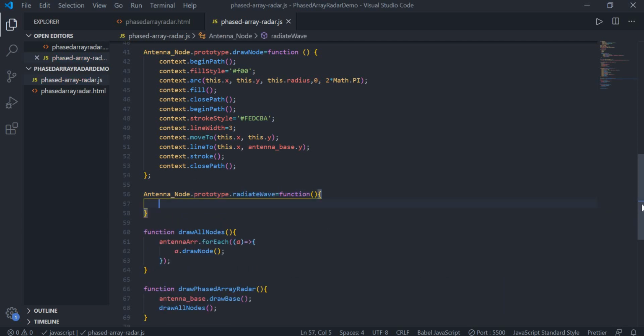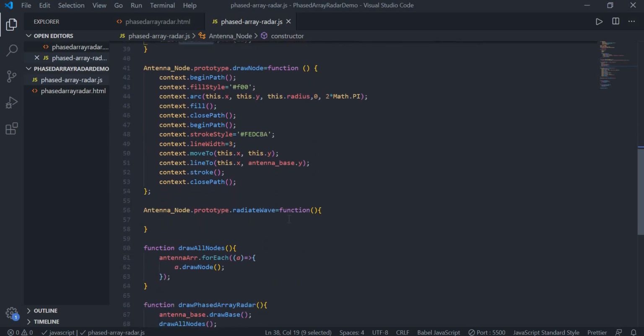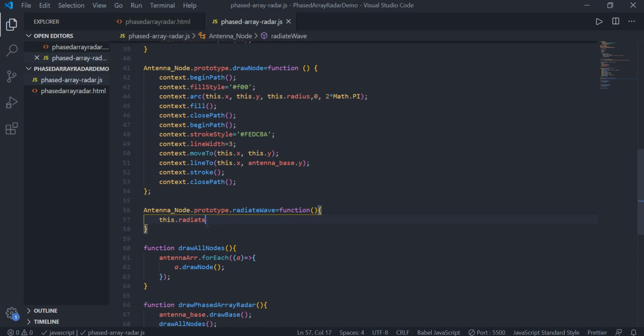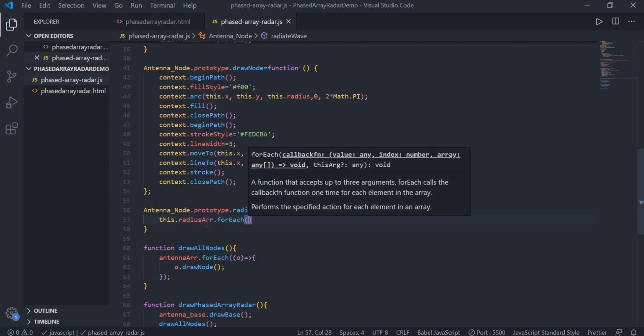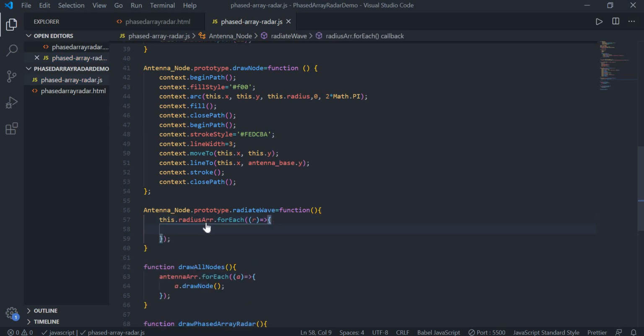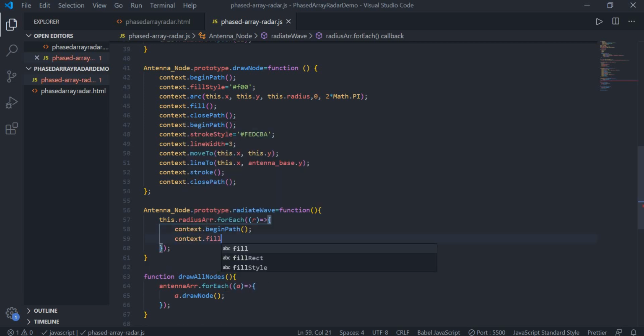So how it will do, it will do for all the array what we have pushed here, right, inside this radius array. So on this dot radius array dot for each radius we will try to draw that. So let's take the r as an object here, and we will draw for that r. So here context dot begin path, context dot fill style,